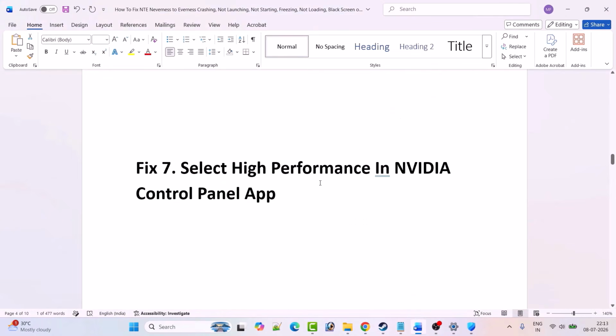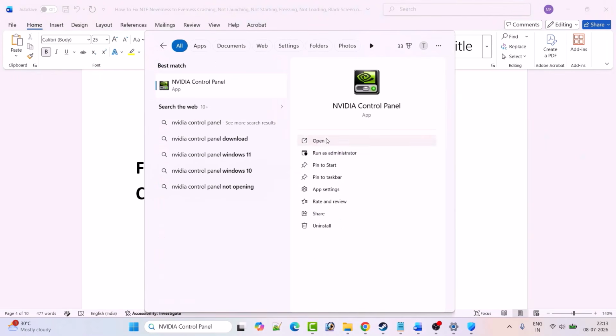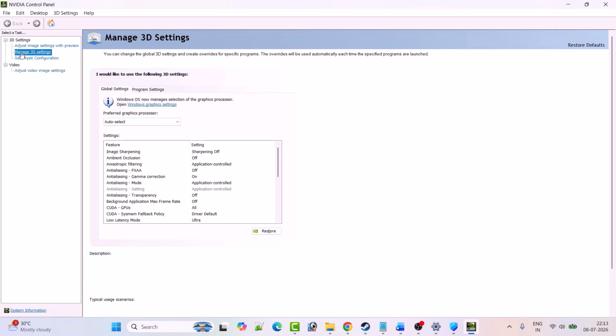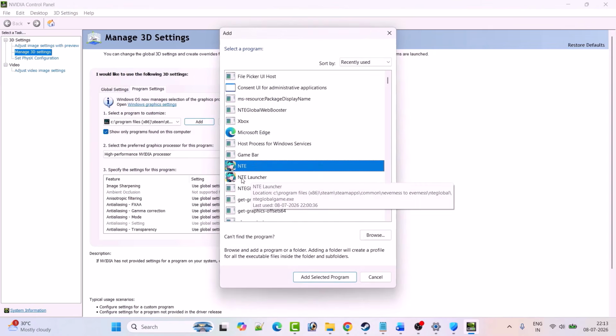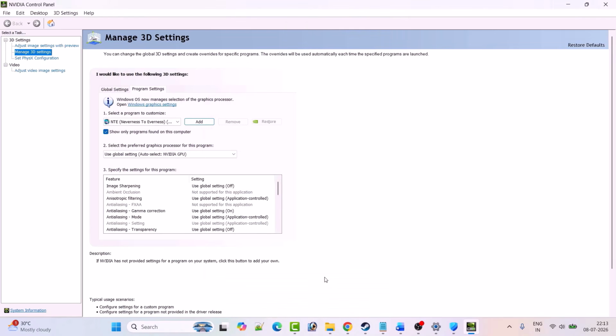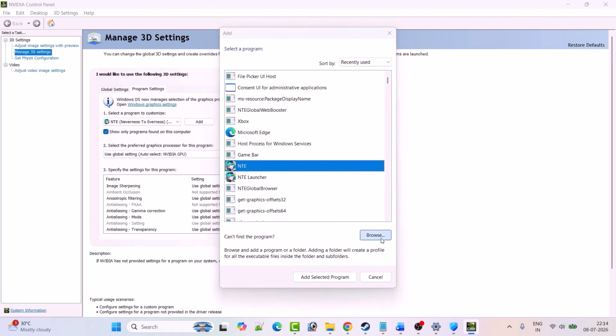Fix 7 is to select high performance in Nvidia Control Panel app. So in Windows search, type Nvidia Control Panel and then open it. Click on manage 3D settings, click on program settings, click on add. Now here in the list, look for the NTE and then click on add selected program. Now if you don't see the NTE in the list over here, then click on browse and then browse to